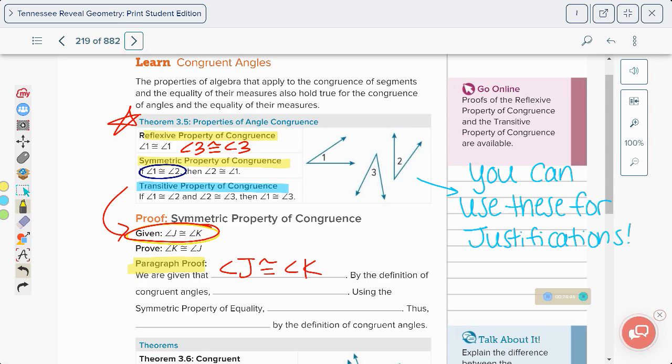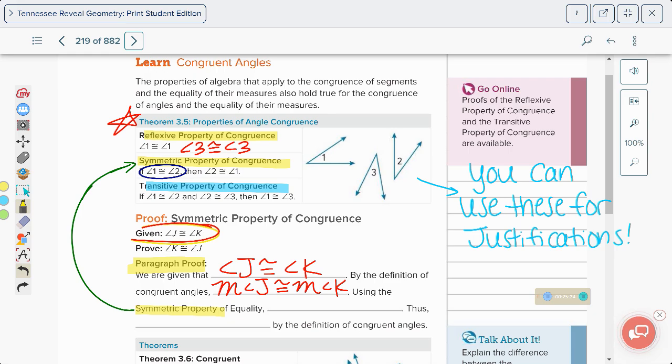By the definition of congruent angles, okay, so if I know these angles are congruent, I know that the measures of those angles will also be the same. So the measure of angle J will be congruent to the measure of angle K. And using the symmetric property of equality. So again, that symmetric property there, if we go back, let's see, I'll use green. If we go back there,